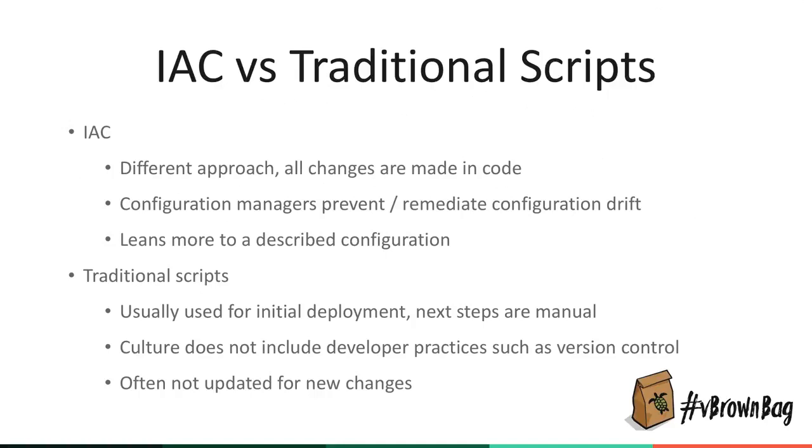The configuration managers can prevent configuration drift, in that they can detect it and say, yep, it's here, this is it. So they can potentially report on it in terms of a dry run. I think with Ansible it's the -C parameter, off the top of my head, where it will just say, hey, if I ran this, this is what I would change, this is what's out. Or they can just remediate it. They'll just say, no, this is different, change it back. And how you utilize that functionality depends very much on the business or the application you're doing.